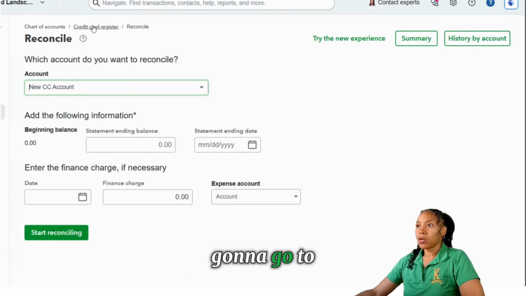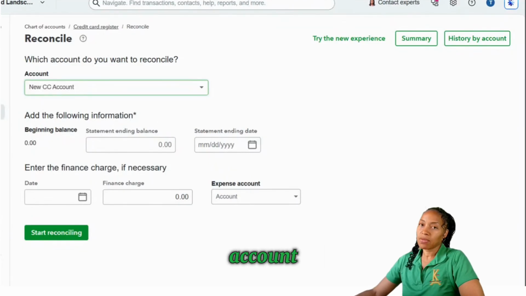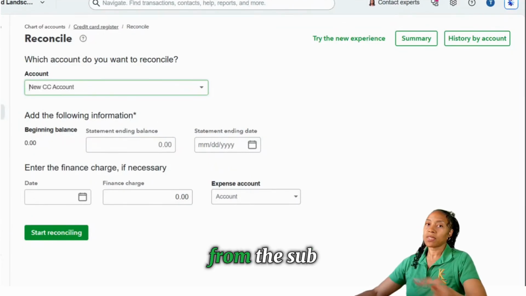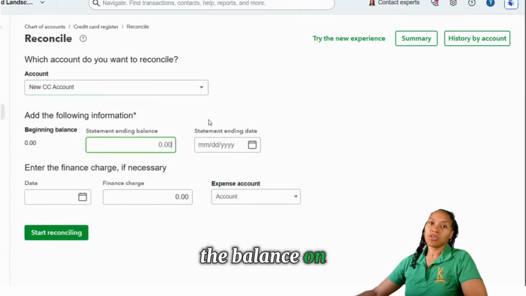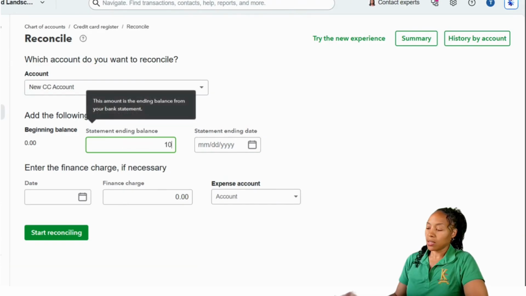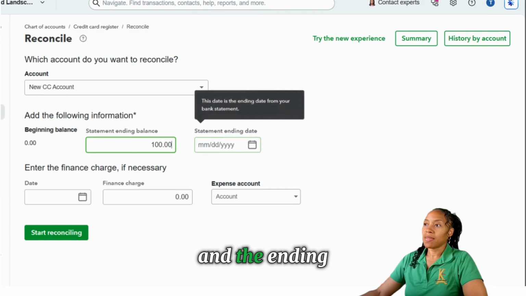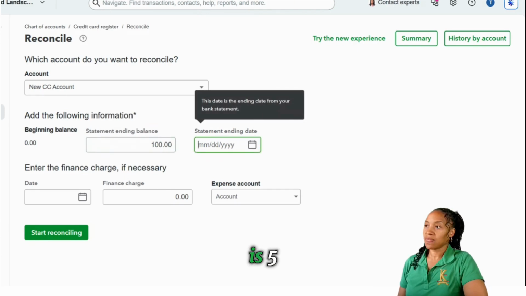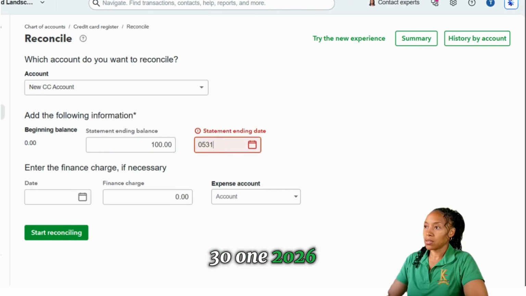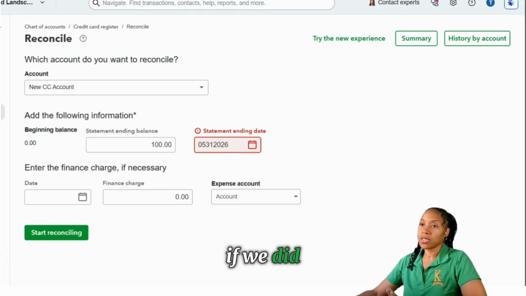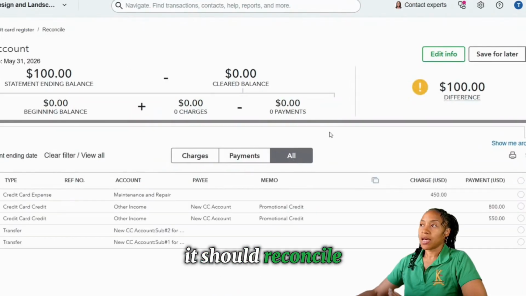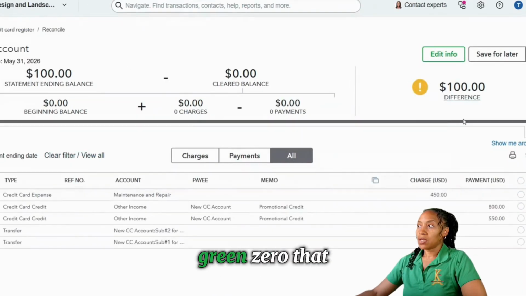And now we're going to go to the parent account. And the parent account, sometimes it pulls in the transactions from the sub account, sometimes it doesn't. The balance on our statement is $100 as the ending balance. So we will put $100 here as the ending balance, and the ending balance statement date is 5/31/2026. Start reconciling, and if we did everything correctly, it should reconcile to this beautiful green 0 that we have here,